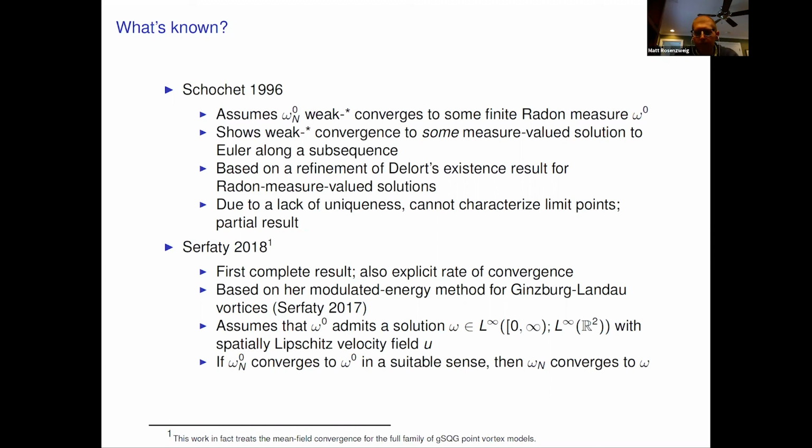If you know something about fluid equations or harmonic analysis, you can see that the second condition is a little bit stronger. Even if the vorticity is in L infinity, that doesn't necessarily tell you that the velocity field is Lipschitz. And we'll circle back to this point later. And then finally, if the initial empirical measures converge to this limiting measure omega naught in some suitable sense, then the time evolved empirical measures also converge to the necessarily unique solution omega of the Euler equation with initial datum omega naught.